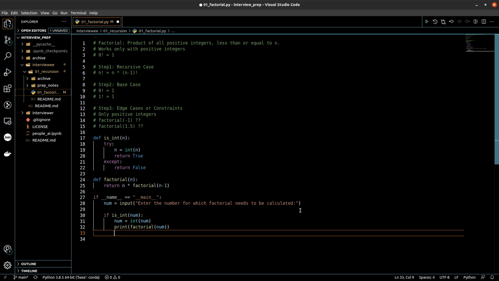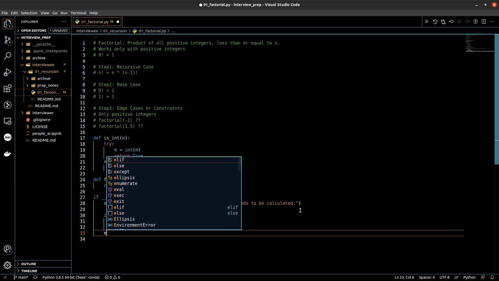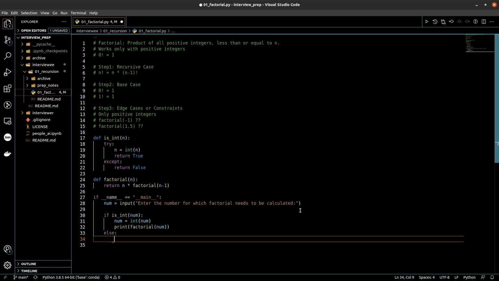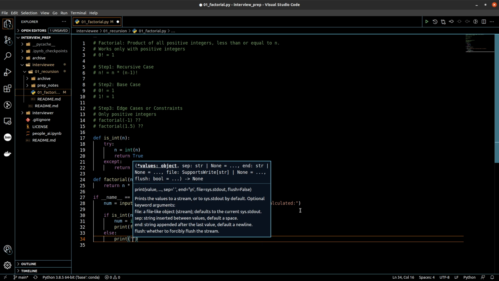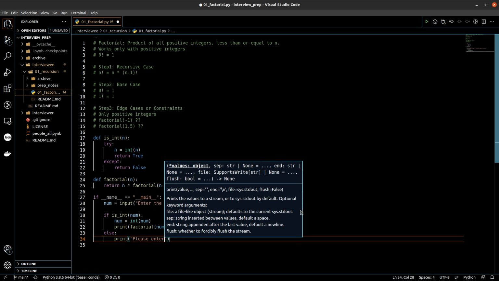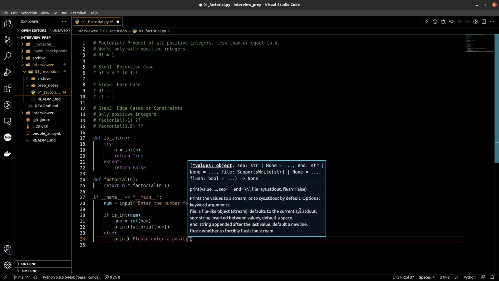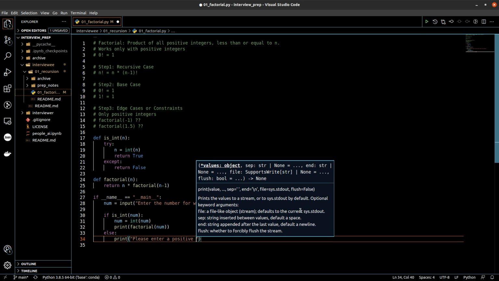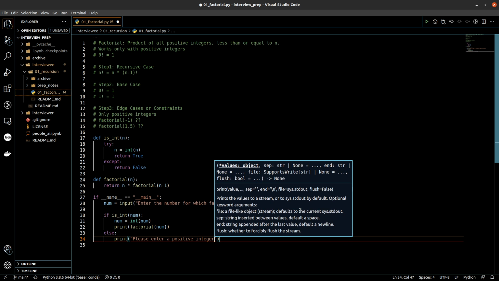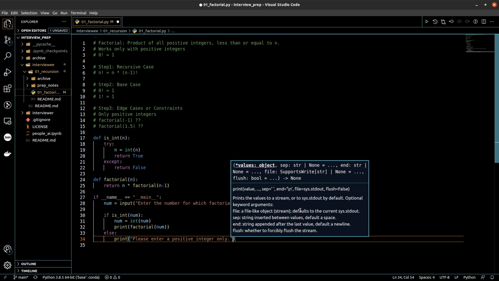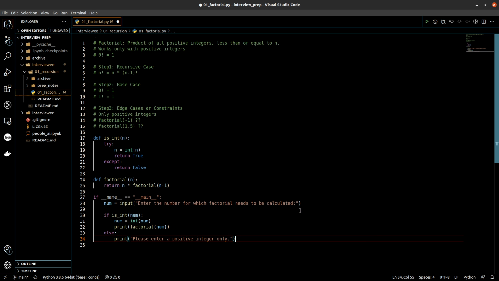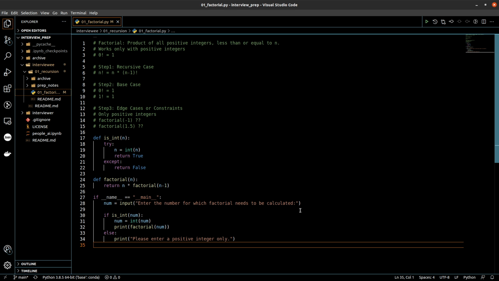Okay, but if this is not an integer, in that case we have to publish an appropriate message for the user where we'll say please enter a positive integer only. Okay, so yeah, this is basically the function in a nutshell.